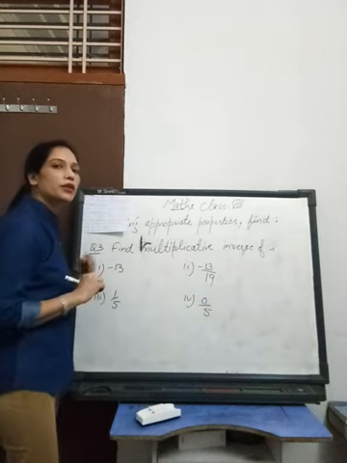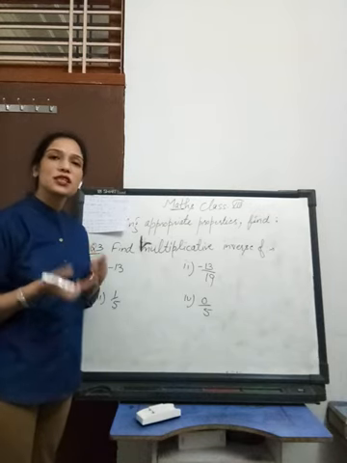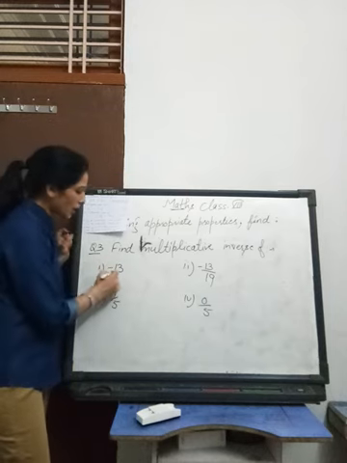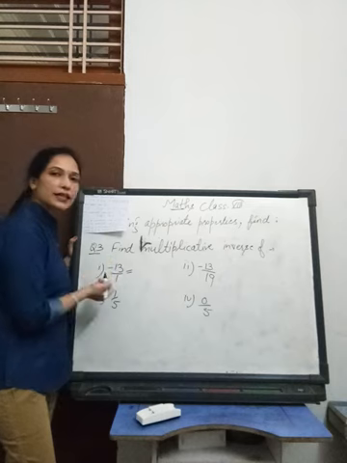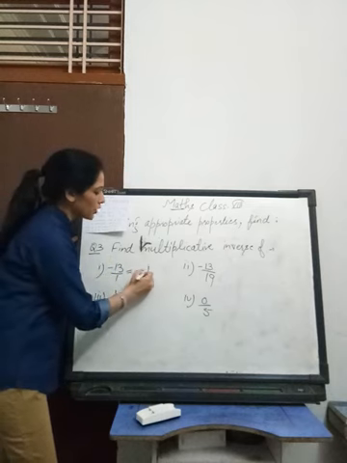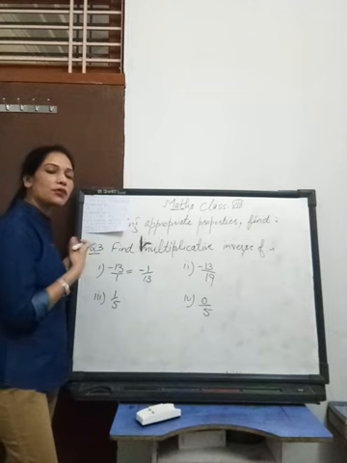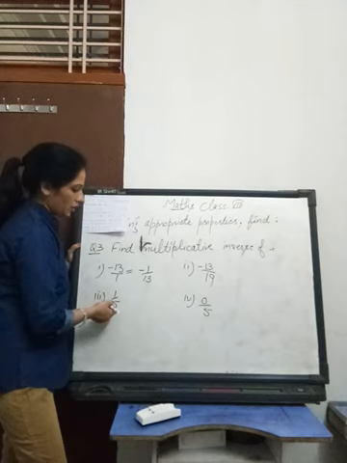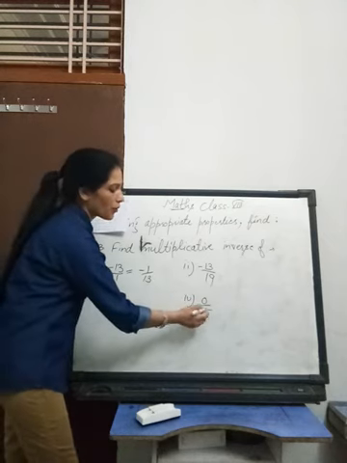So what you have to do in multiplicative inverse? In multiplicative inverse, you have to write the reciprocal of the given rational number, isn't it? So minus 13 is given, I write here 1 as the denominator, and the reciprocal of minus 13 upon 1 will be minus 1 upon 13. No change will be there in sign, you have to write the reciprocal of the given rational number. Clear? This second part and third part you have to do, and the last part 0 upon 5 is given.